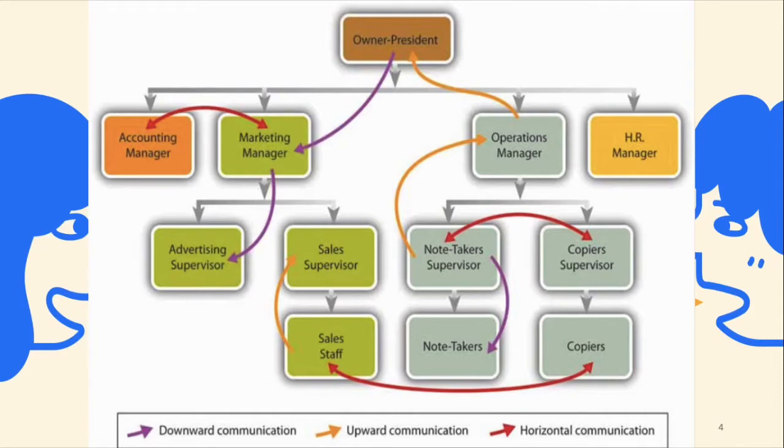Okay, so the advantage of downward communication is that it is appropriate for giving instructions or directions and telling people what to do. The advantage of the upward communication naman will provide managers with information that they need for making decisions. It will also serve as a vehicle for new ideas, suggestions, and even complaints from their subordinates.